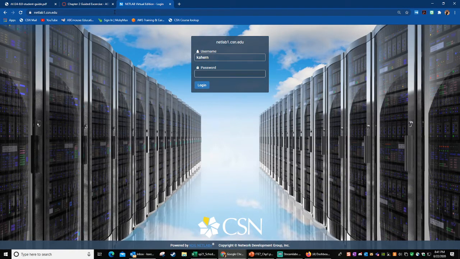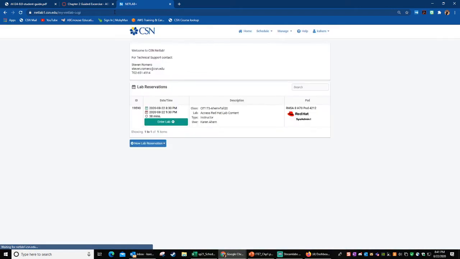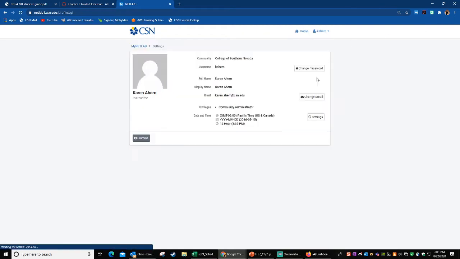I set it. If you did not already have a Netlab account in our CSN Netlab server, it is netlab123, NETLAB 123. So I'll log in my account. When you first log in, the system should have you actually reset your time zone. So make sure you set it to Pacific. The system likes to default to Eastern, and that'll affect your